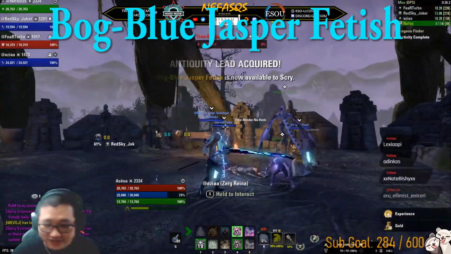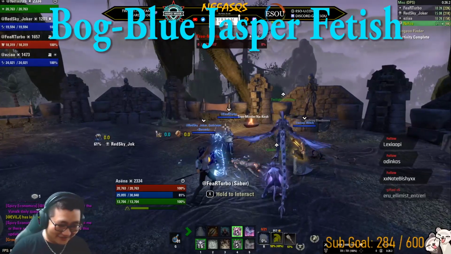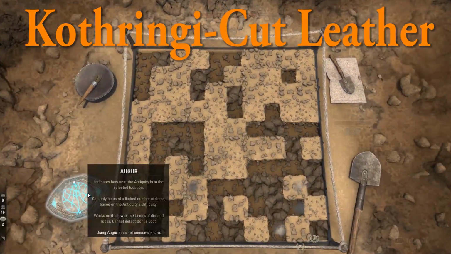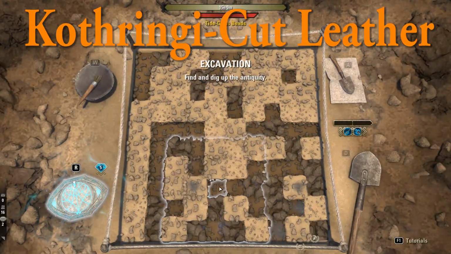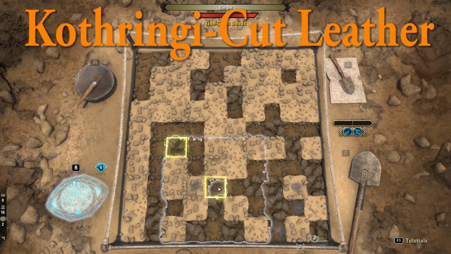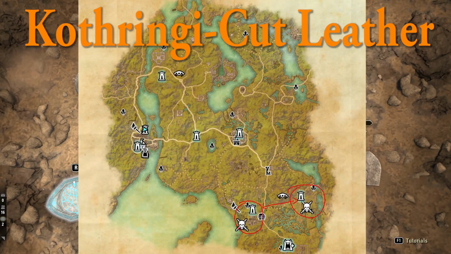The second lead you can get is called Kothringi-Cut Leather. This lead can be found in the Blackwood Chapter zone by killing any of the world bosses in there, and there are quite a lot of world bosses in Blackwood. We recommend going back and forth between the 2 world bosses you can see located in the southeastern part of the Blackwood for the sake of time and efficiency, because you can actually kill one boss, go to the way